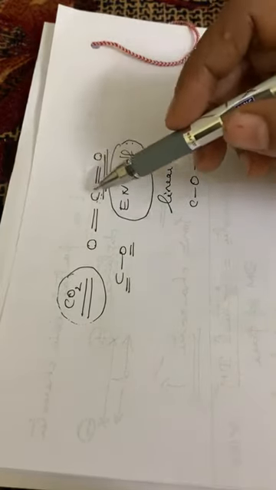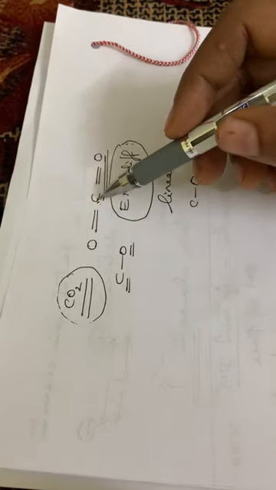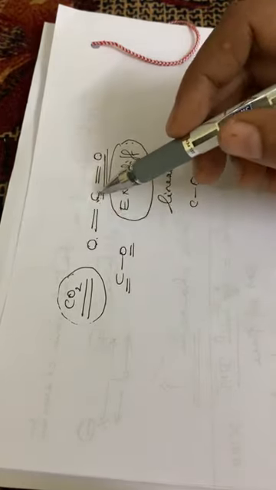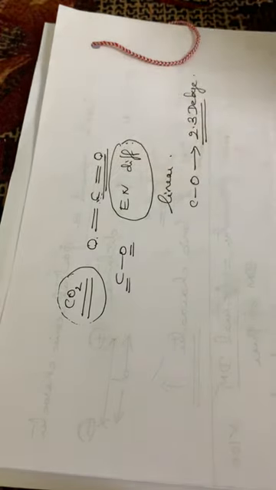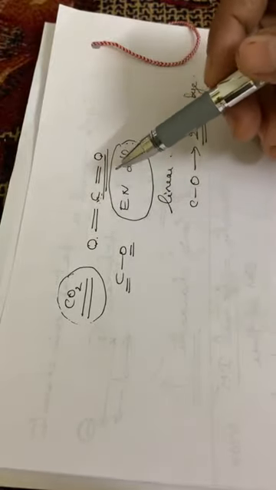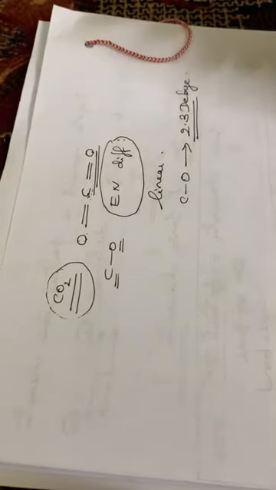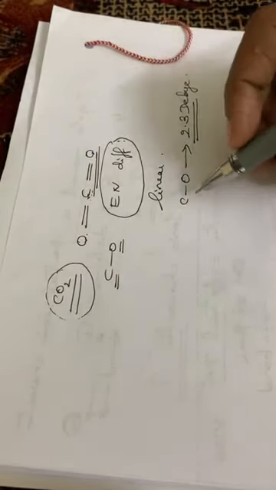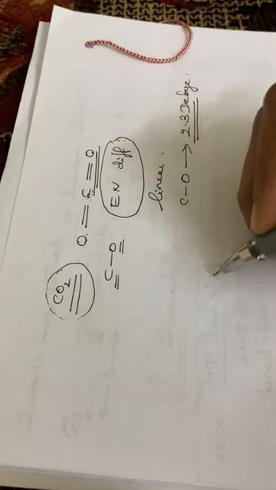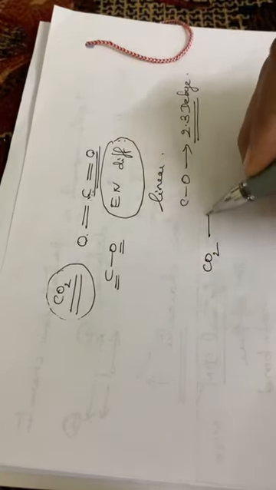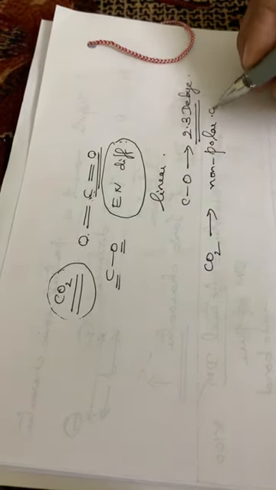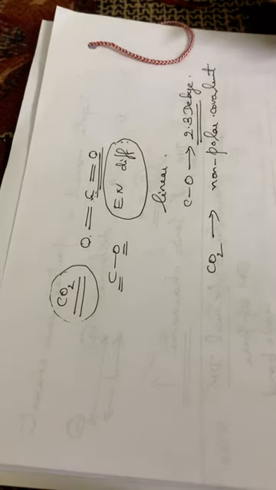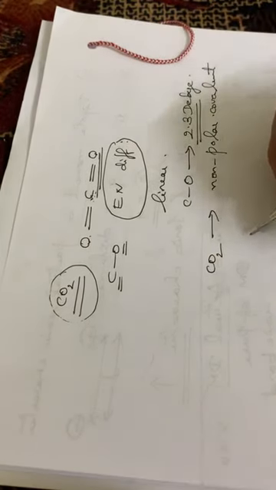But actually, see the structure, it will be like this. It has got a linear geometry, and as a result, the polarity or the dipole moment of one CO bond will be exactly cancelled by the dipole moment of the second CO bond. Okay, that means the dipole moments of the CO bonds get cancelled by each other, since the geometry of that particular molecule is linear. So we can say that this CO2 molecule, even though the CO bonds are polar, CO2 molecule as such is a non-polar covalent molecule. Okay, CO2 molecule is a non-polar covalent molecule, and also for CO2